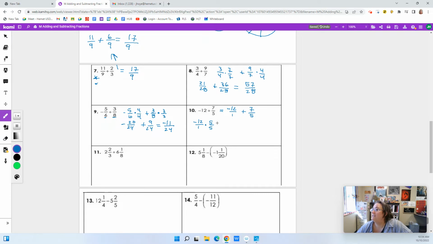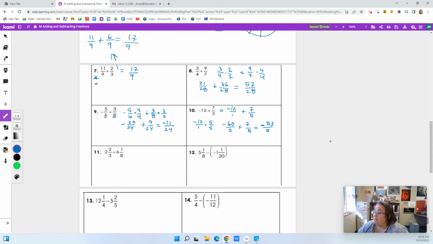And it is going to give me 12 times 5 is 60. So it's going to give me minus 60 over 5 plus 7/5, right? And now I can solve this problem, right? Because we have the same multiple. I know that it's going to wind up being something over 5. And I also know because the 60 is bigger than the 7 that it's going to be negative. So I'm going to go 60 minus 7, which is 53. And I'm going to have minus 53